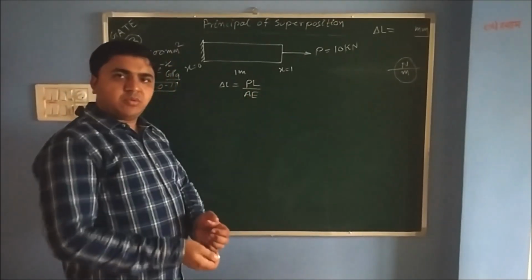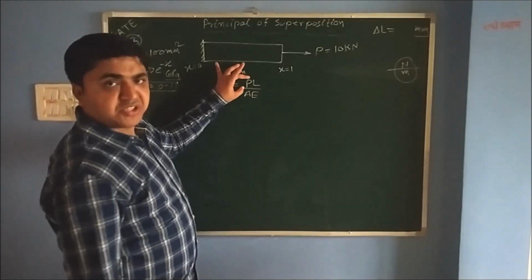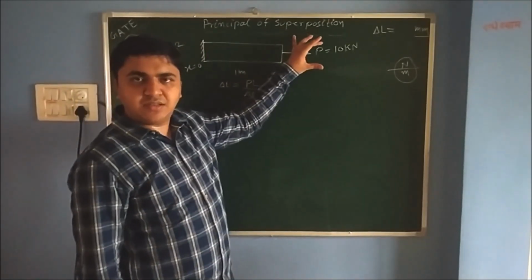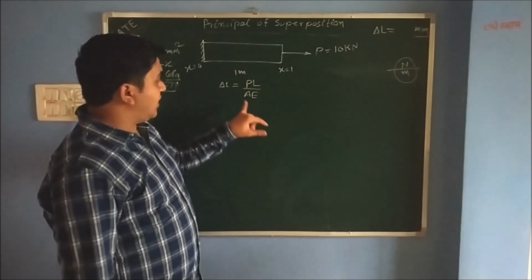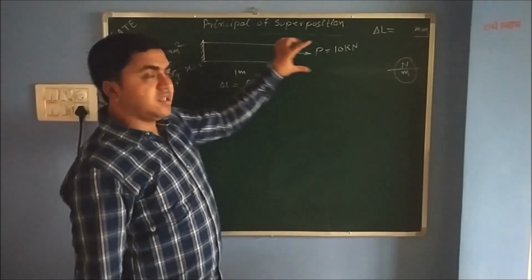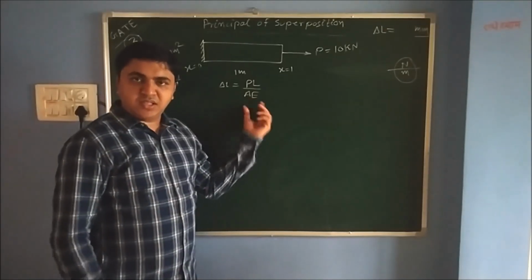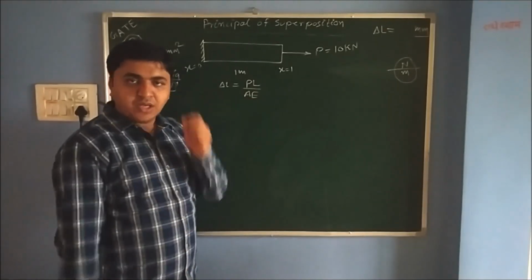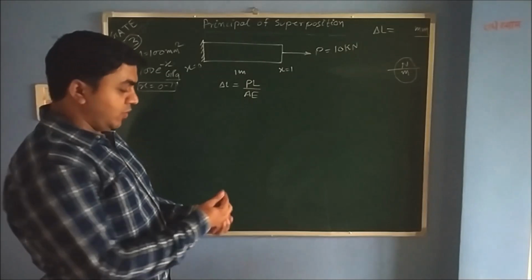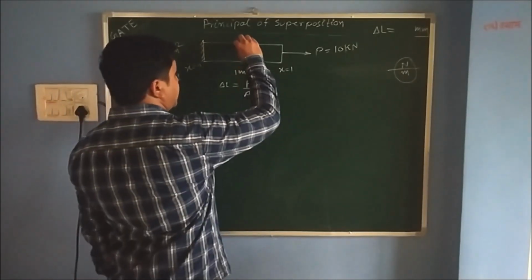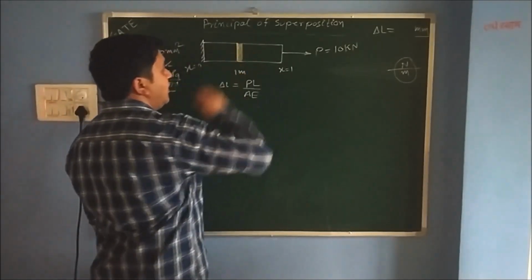So अभी क्या हो रहा है, यहाँ पे PL upon AE कब होता है, जब अपना फोर्स P कांस्टेंट होता है, तो its length, L तो लेंथ है, E क्या होता है पूरे बार के लिए जब वो कांस्टेंट होता है. अभी क्या हो रहा है, the value of E is not constant, E is varying with length. Okay, so for solving this type of problem, what we'll do, we'll take one section here. So let's take one section here.